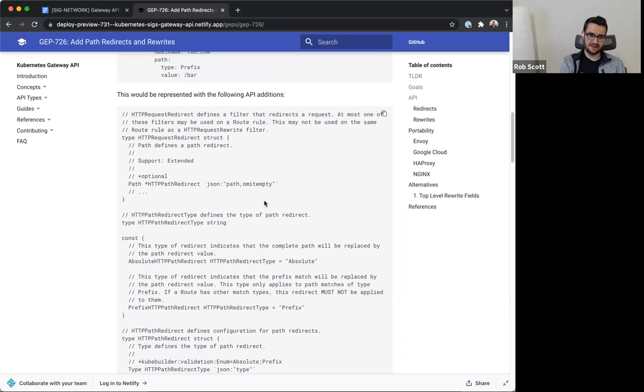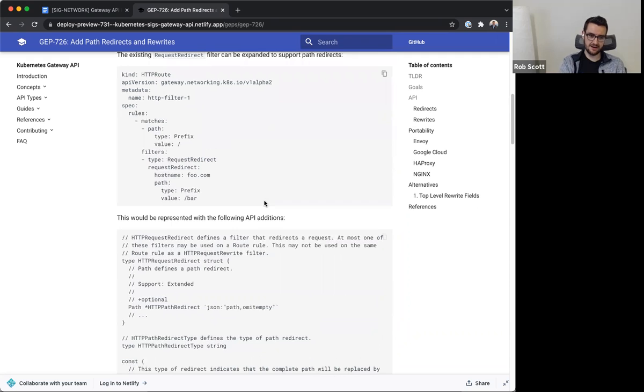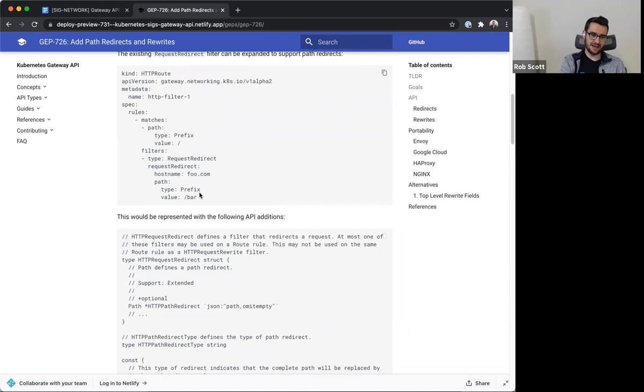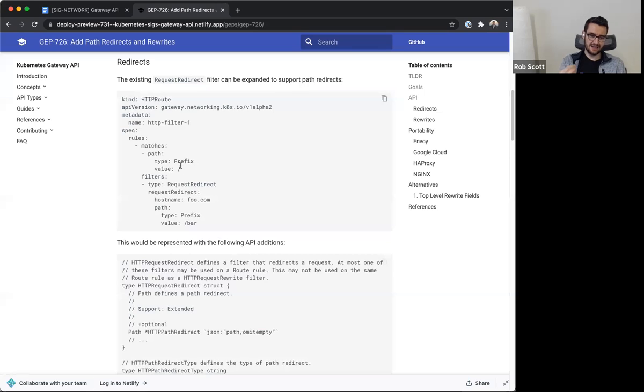There are some suggestions in the GAP PR review to rename this to make it clear that this is based on the path. So instead of just prefix, it would be path match prefix, because you're replacing, and also to clean up this example. In this example, this would replace slash, so basically nothing, with a prefix of /var. I really need a clearer example here, but that is what I'm suggesting for path redirect.